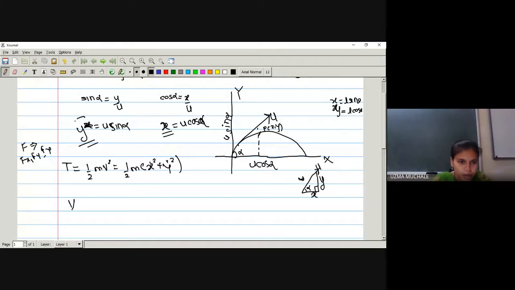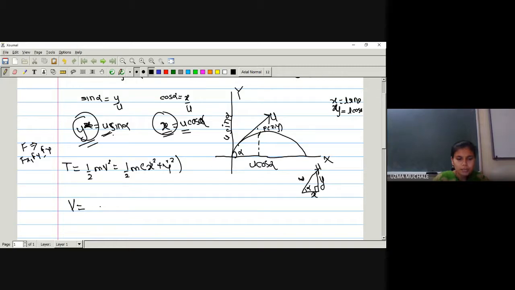These are the components of velocity along the x and y directions, because it is written with the help of velocity u. Okay. So let me write down this is x dot square and y dot square, because simply the angle alpha is not sufficient to describe the position of a particle. It may be somewhere at some different height. So we need two coordinates, x and y, both for determining the position of a particle. Okay, so let me go for the next one.